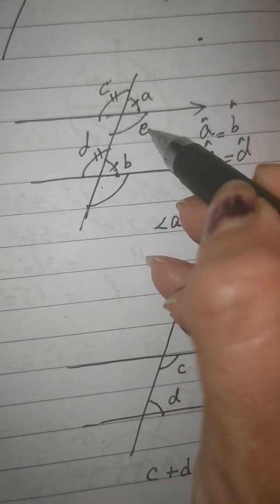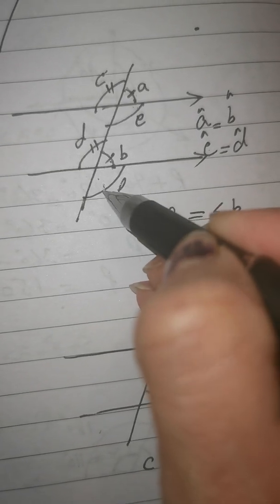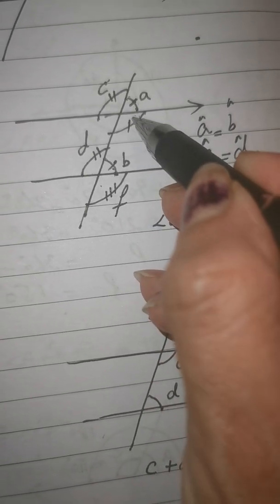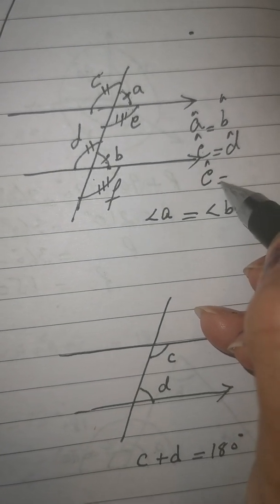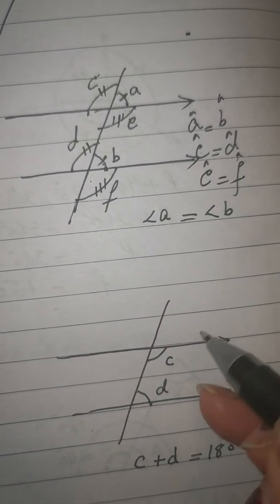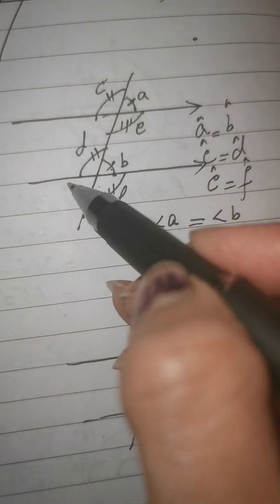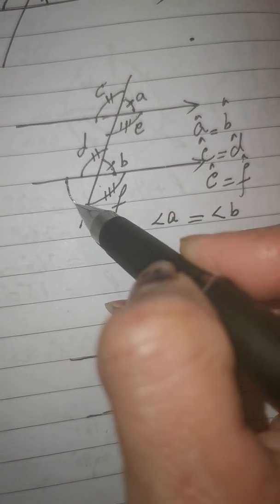So I will name it as E, F, shown by three cutting lines. So you can say angle E is equal to angle F. They are corresponding angles. And another position will be this. You can see this